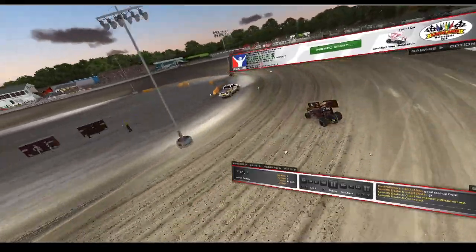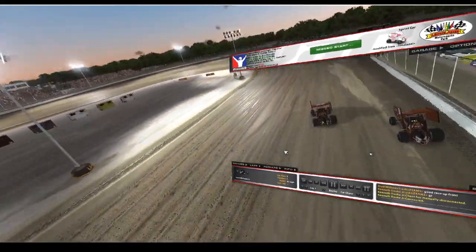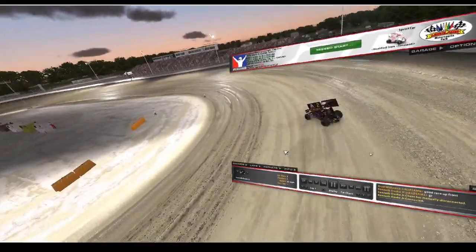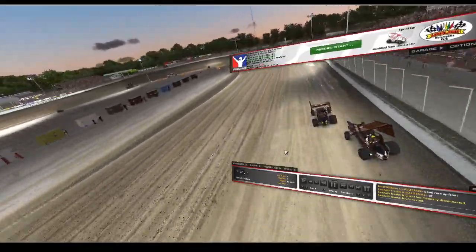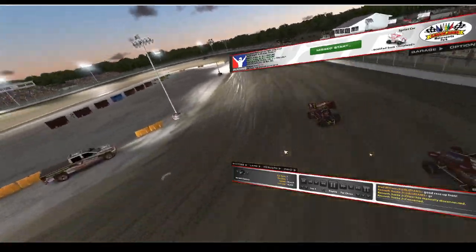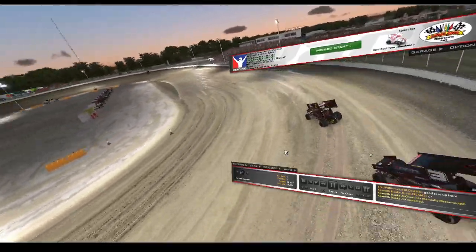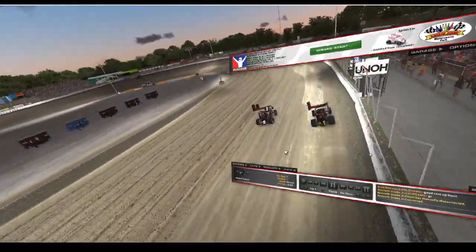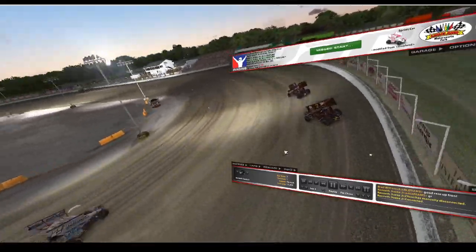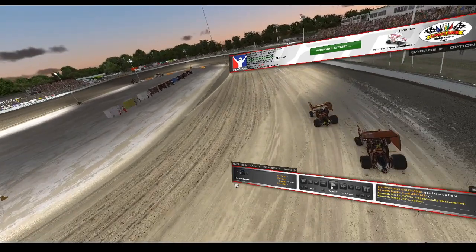I don't know if the pole sitter ran bottom or not for his qualifying lap, but just because one line is fastest for 1 lap doesn't mean it's fastest for 2 laps. I said this in a lot of my VRS data packs: a swing lap is always going to be a little bit faster because you're carrying a little more speed and you've got the best angle in the corner. But especially if you're coming out of 3 and 4 on the bottom, you're not going to be carrying as much speed your next lap,